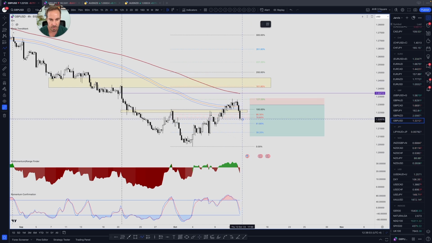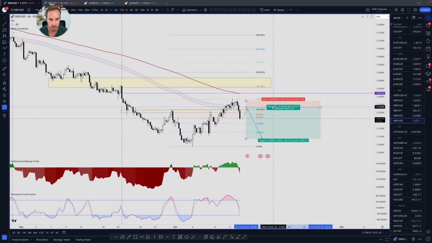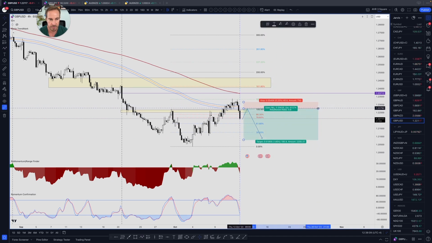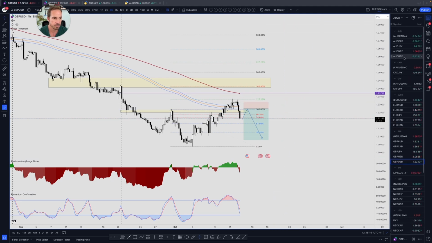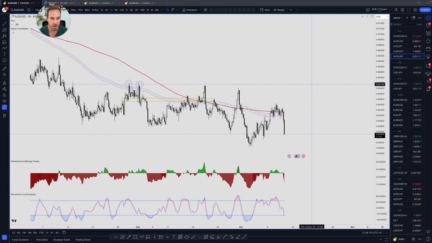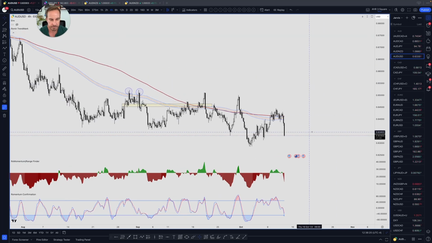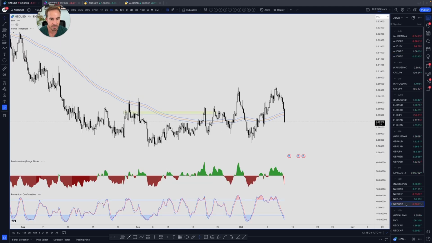So, miss the move, but getting in here on a more established pullback after the bearishness has already established itself is a great game plan and what I'm looking to do, right? So now Aussie dollar just went through the floor here. Same thing with NZD/USD, but this looks a lot more constructive